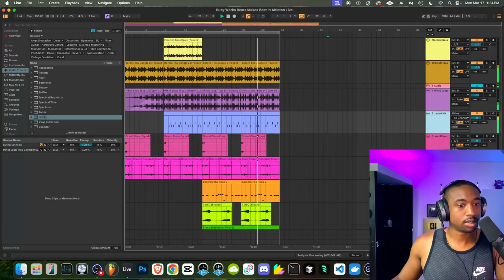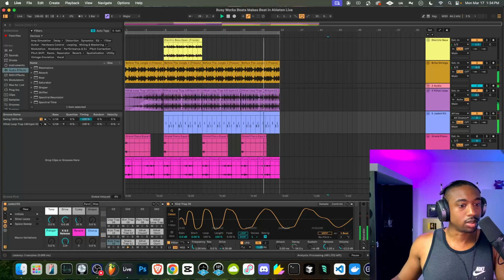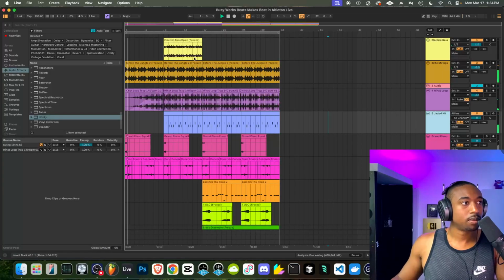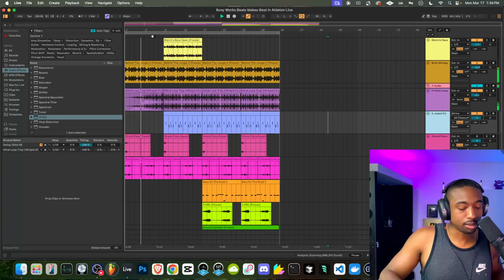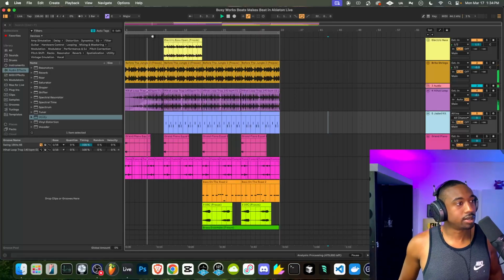Take off this stereo effect on the drums. There we go. All right, so I'm not going to touch it anymore. So it's a decent beat, not the craziest.